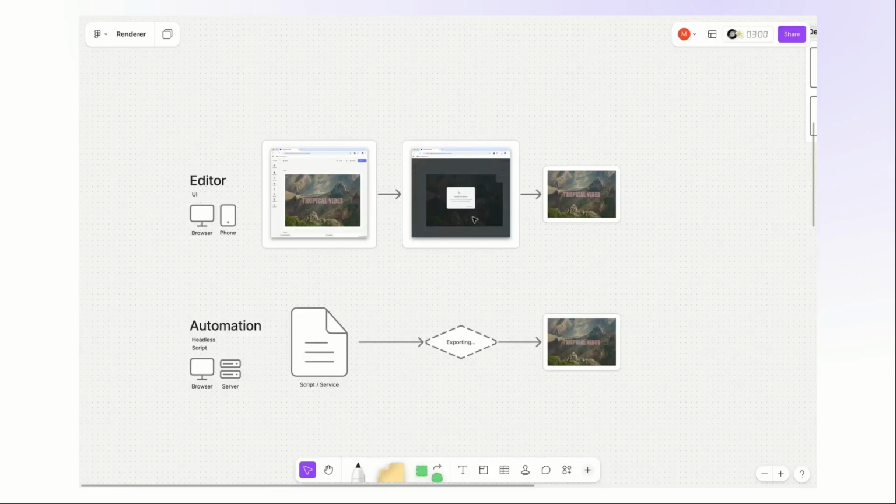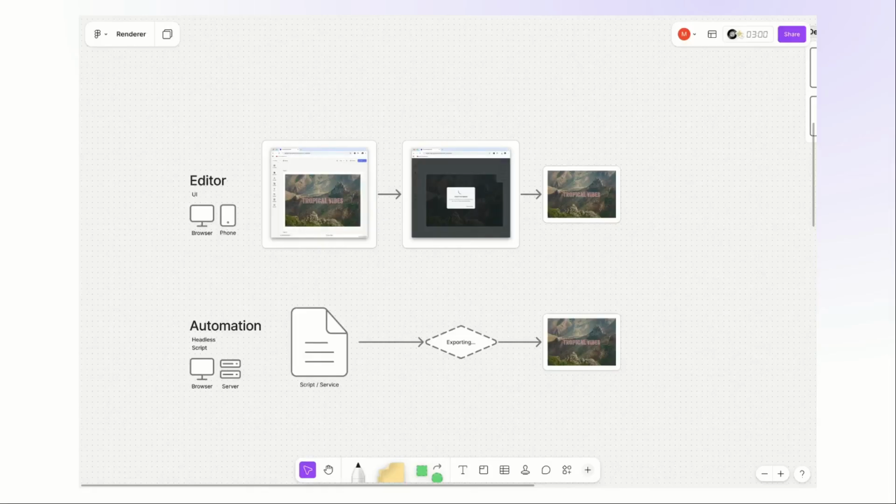Within the browser, we are doing the export. We are generating the image and saving it to a file. And you can send around that file. That's our bread and butter default case. That could happen in your browser. That could happen on your phone through one of our UIs. That could also happen in your very own custom UI. It's set. A variant of this is the automation case, which is essentially the same thing, just that you don't